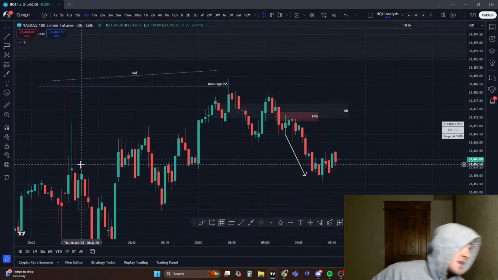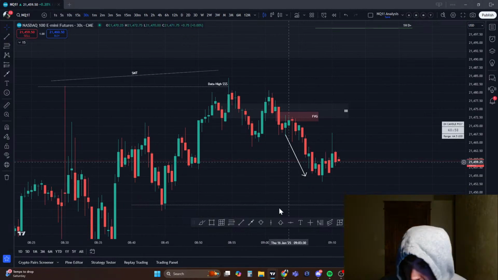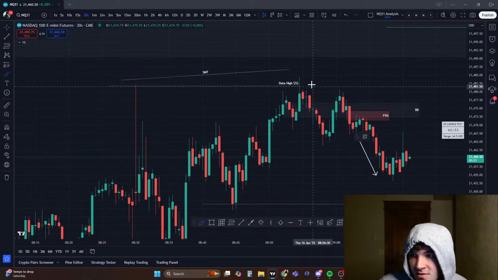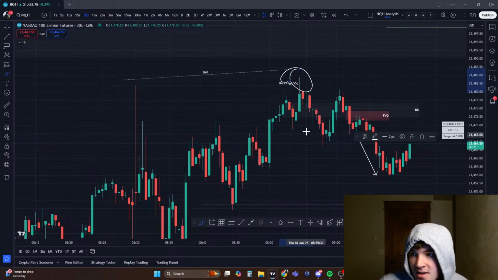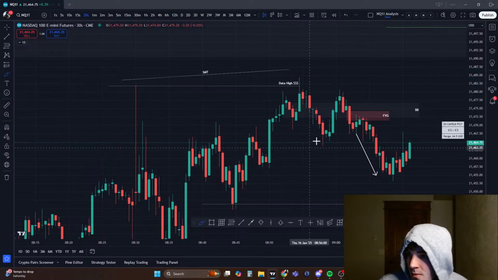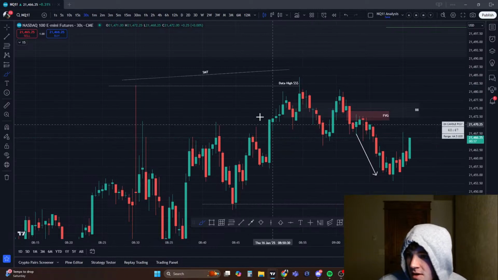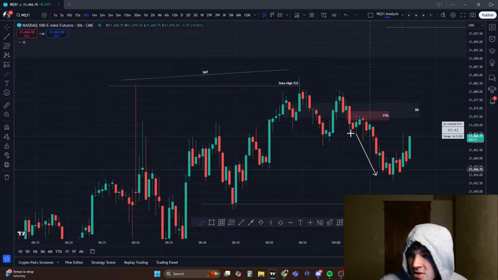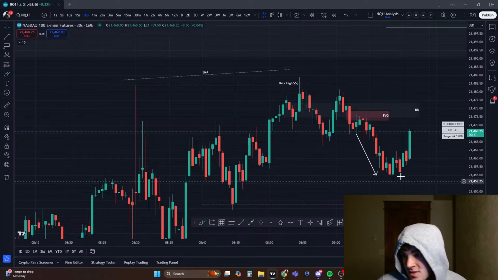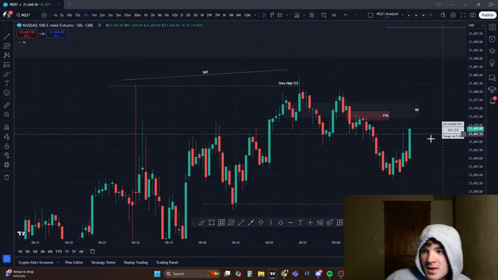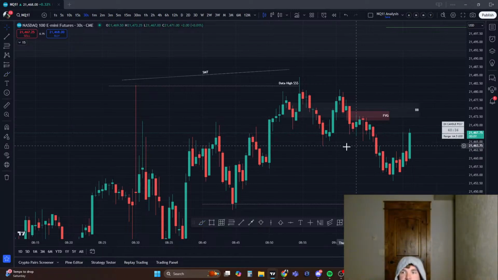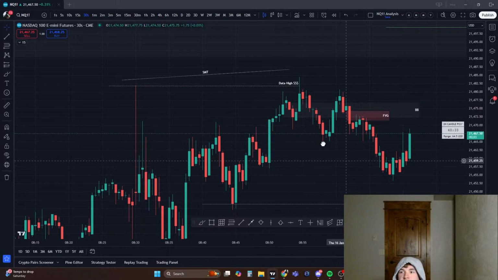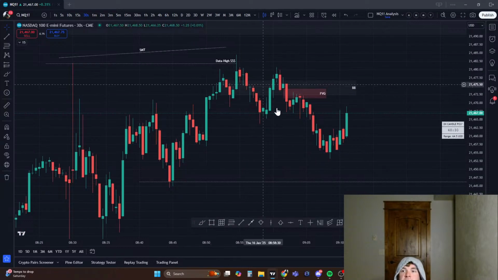It's not patterns. You have to understand it's not patterns. It's just understanding, okay, when we get this aggressive reaction off this high and we get a close below, I know, okay, these down close candles are going to be an entry point to go lower. That's just like statistics. It's not patterns. It's just understanding the market.